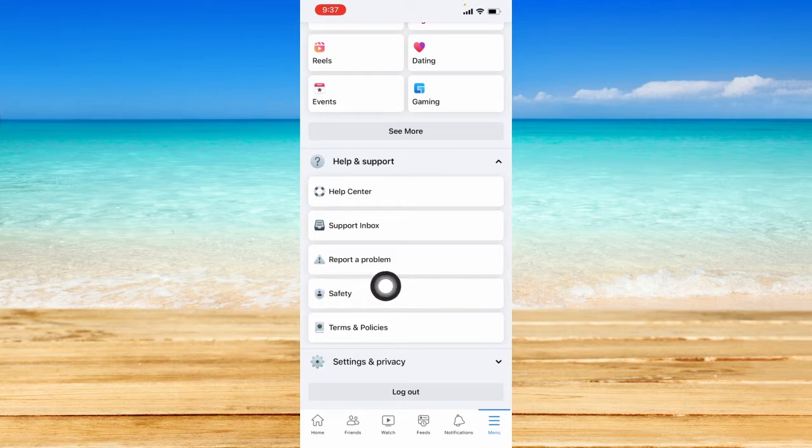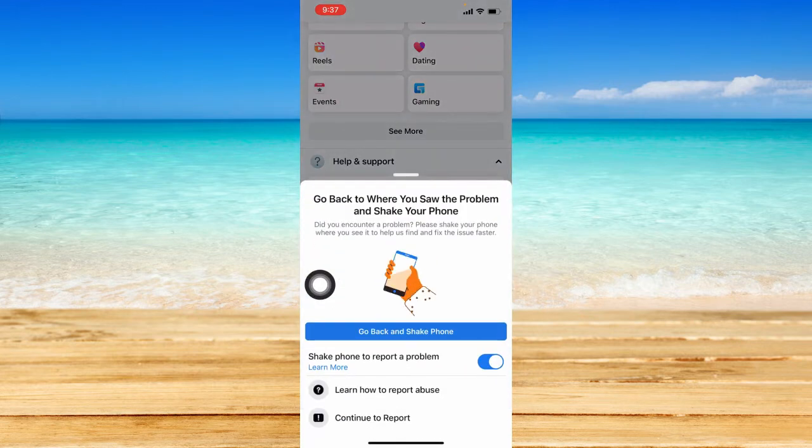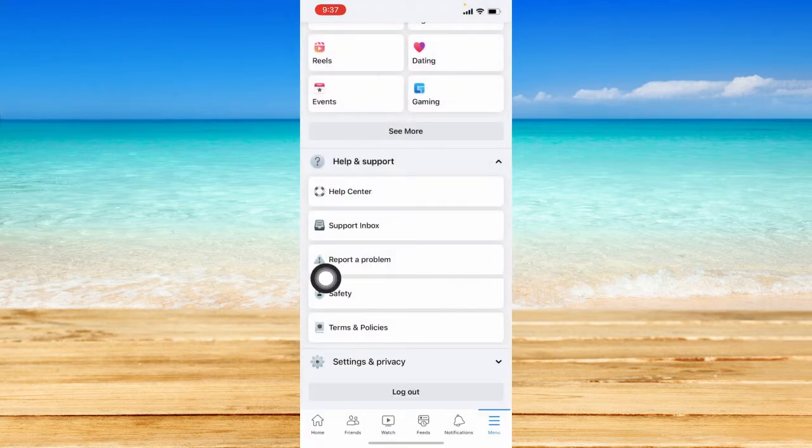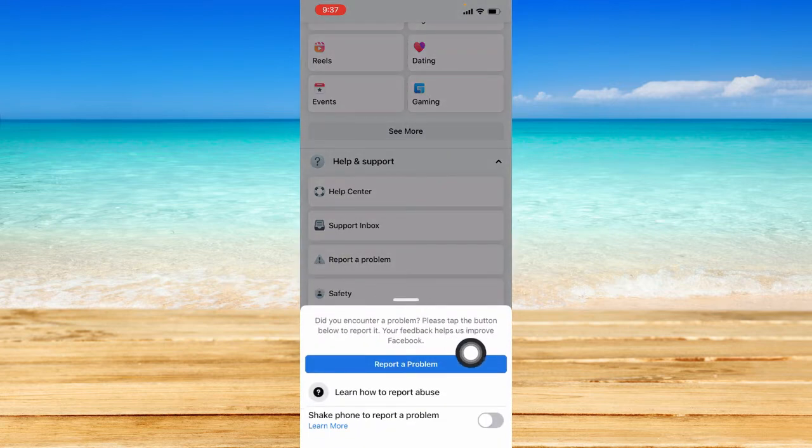So just click on this report a problem option, and this is where you can actually state problems. So you can either go back and shake your phone, or you can also opt not to do that by clicking on this toggle button right here to turn it off, going back to the page, and click on report a problem again. So you can just click on report a problem over here,